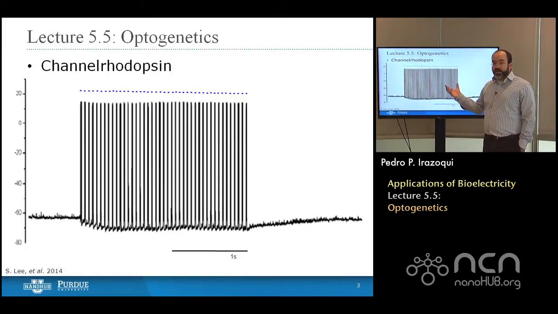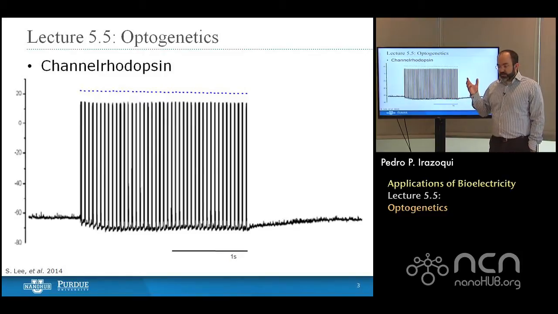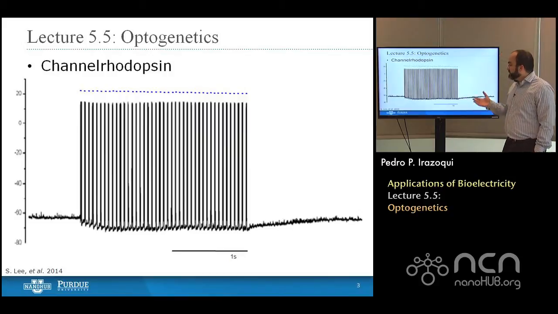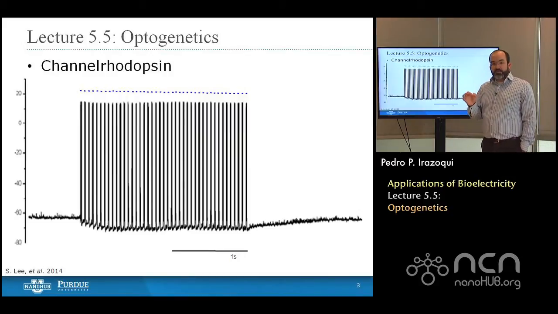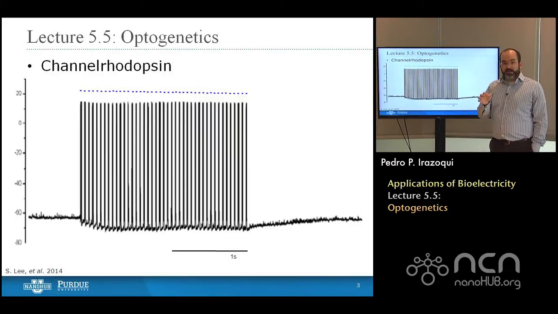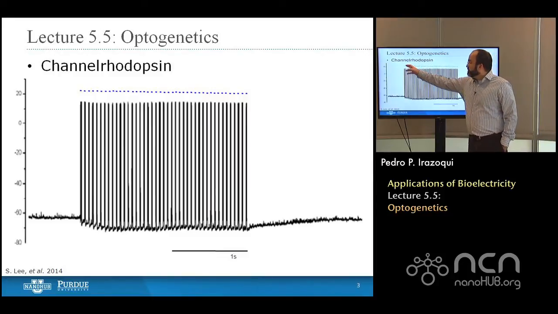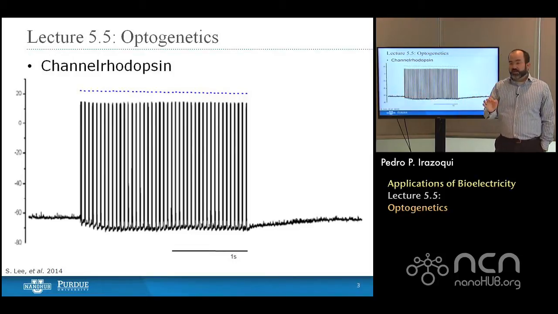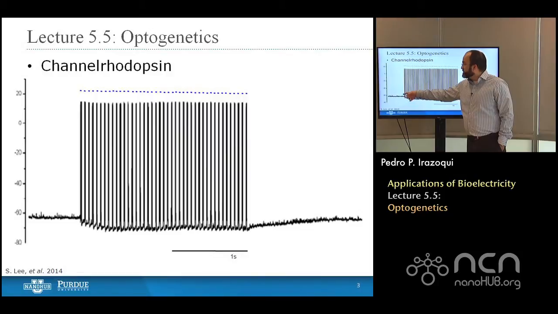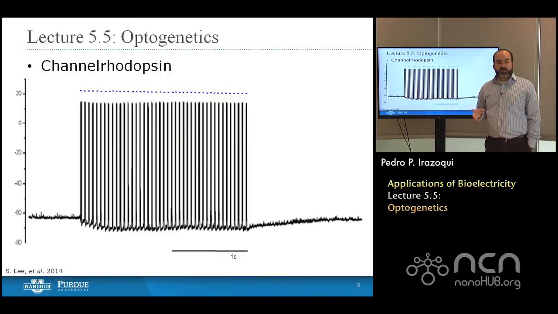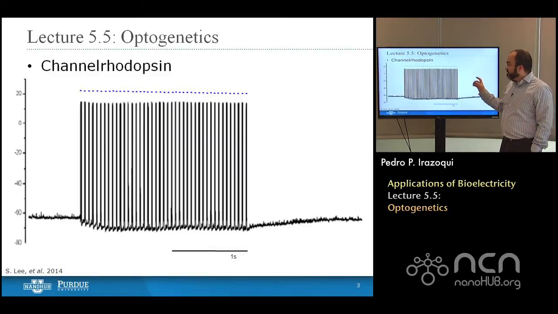So in a brain slice, we can take an animal that has been genetically modified to express these ion channels, and we can take a brain slice and apply a blue light with a laser, and every time we have a little pulse of blue light, shown here with the blue dot, you can see the electrical signature of the neuron that we've patch clamped. That individual neuron's electrical signature spikes with a blue light.